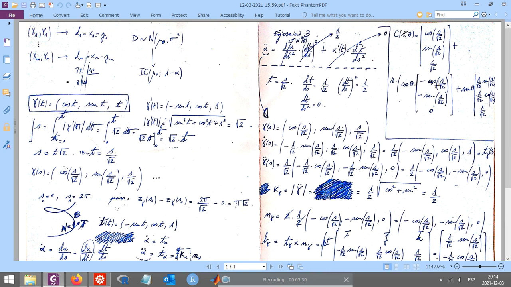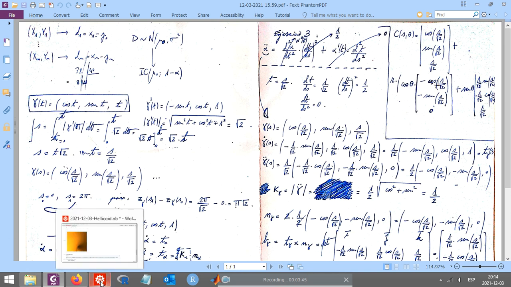So if I join everything, I get this expression. So now the only thing that remains is to write everything in Mathematica, for example,